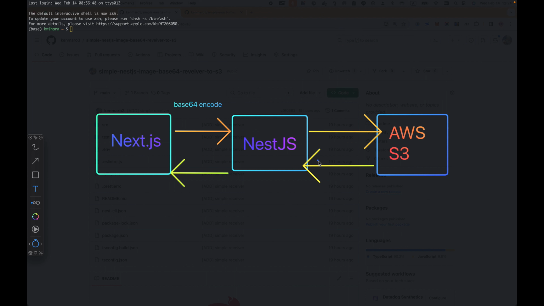So what's up, guys? Today I'll talk about how to simply upload an image file from the Next.js front end to the backend as a Nest.js and store it in S3. I'm going to implement this in a very simple way so that you guys can recycle it and use it in your own project. In this example, the front end will encode the image into base64 and upload